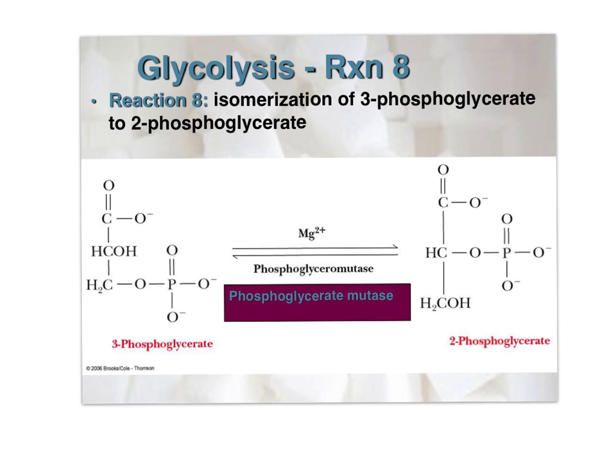So this one, we have to put mutase because it's specific to this. But I'd give you most, not all, the credit if you said phosphoglycerate isomerase, because people wouldn't understand what you're talking about. That means it's an isomerization enzyme that utilizes phosphoglycerate. Just make sure, again, since phosphates are moving, it does require magnesium. And one thing I wanted to point out is I don't require you to memorize these structures per se. However,